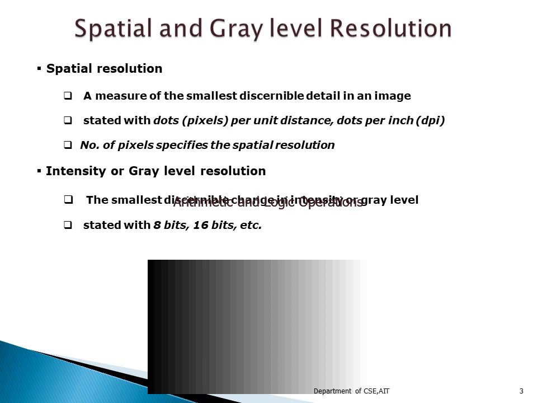The second one is the gray level resolution. The gray level resolution can also be called the intensity level resolution. In this intensity level resolution, we talk about the smallest recognizable changes in my image. That means the smallest recognizable color change, or the intensity change, the gray level change in my image, is called the intensity or gray level resolution. The gray level resolution can be expressed with some number of bits.